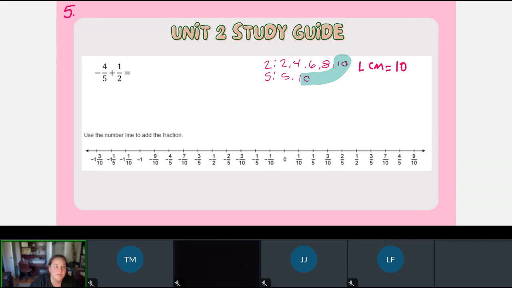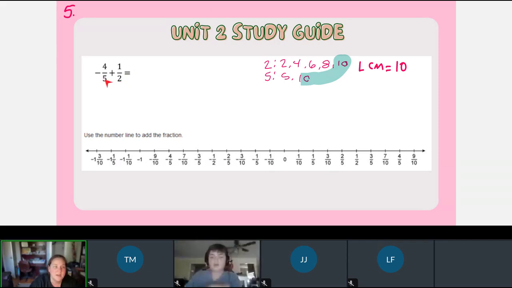And so now what you need to do with that is get both of these denominators to be 10. And to do that, you have to ask yourself, what did I multiply that number by to get 10? 2 times 5 is 10. And so if we multiply the bottom by 5, we have to multiply the top by 5. And that's going to give us 1 times 5 on the top, which is 5. So 1/2 becomes 5/10. And then the other fraction, you have to ask yourself, what did I multiply